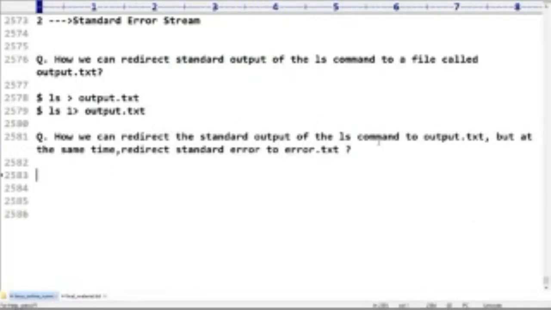What is the command? Output should be redirected to output.txt, but error should be redirected to error.txt. The files are different. That's all. Correct?